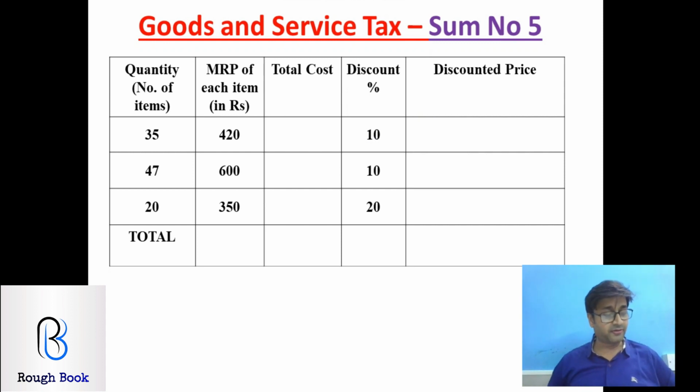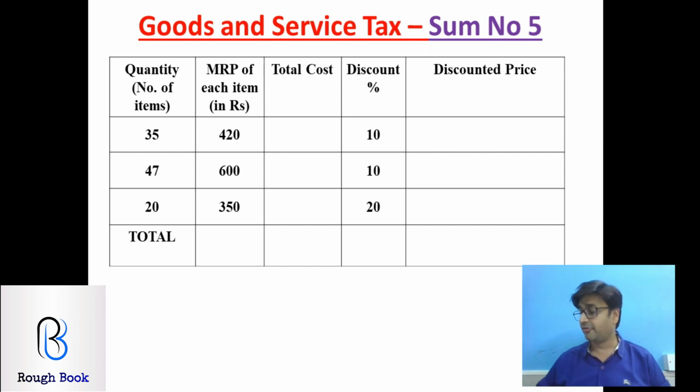So just reading the question. Find the amount of bill for the following interstate transaction of goods and services. So this is interstate, that means only IGST, no CGST, no SGST. Wow, we are safe at the rate of 18%. So we will directly apply 18% on this. So come on, multiply 35 with 420.